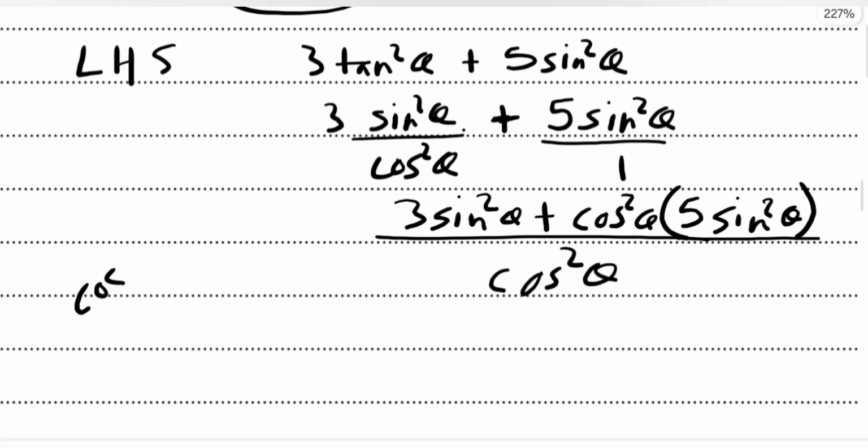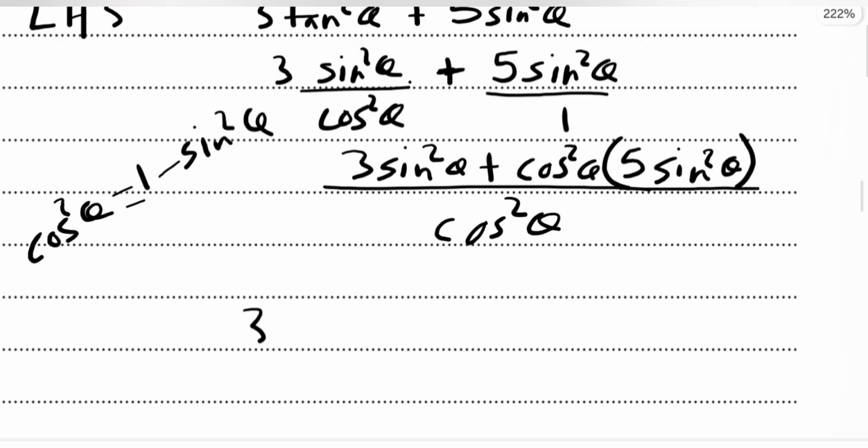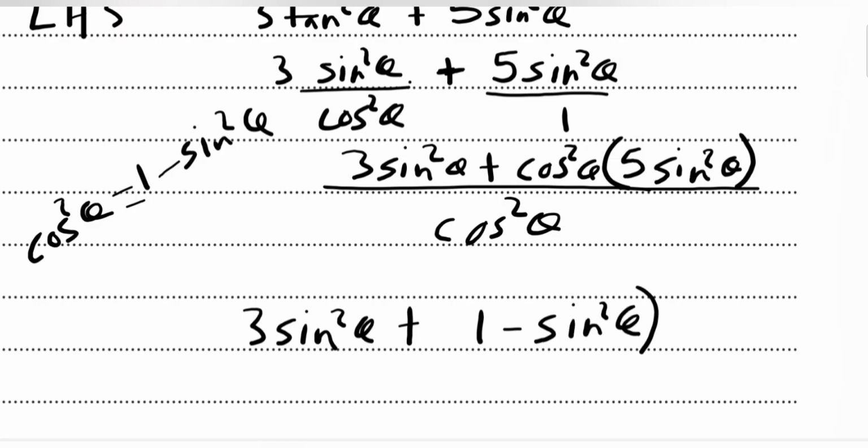But we know that cos squared theta can be written as 1 minus sine squared theta, right? So this will be 3 sine squared theta plus 1 minus sine squared theta for this cos squared theta right there,